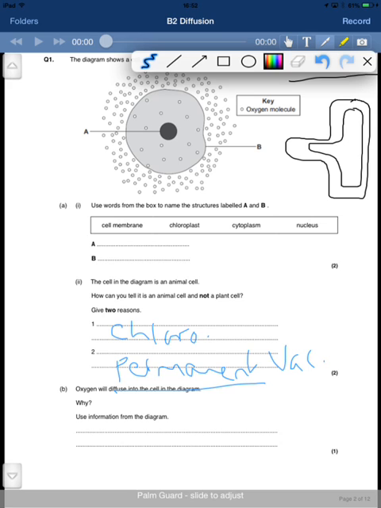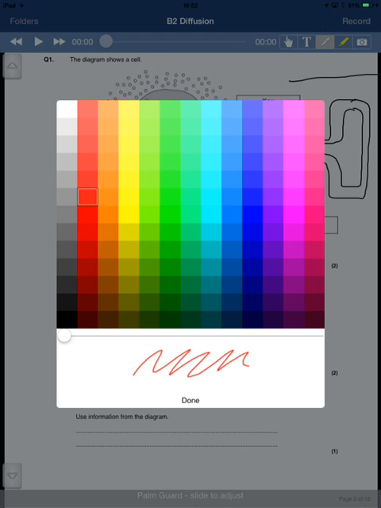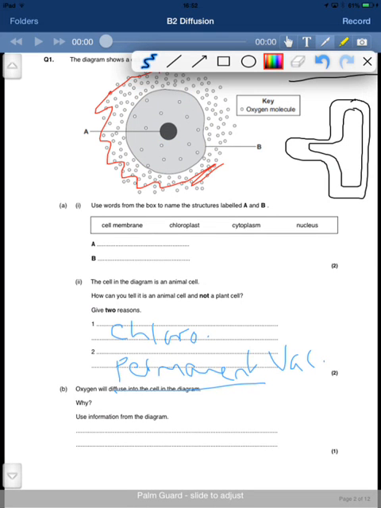So, moving on to section B, oxygen will diffuse into the cell. Why? Now, listen to that music. The oxygen is going to diffuse from an area of high concentration out here. You can just see so many more of them in a given space, and it's going to come in across the membrane and is going to go into the cell from an area of high concentration to low concentration down